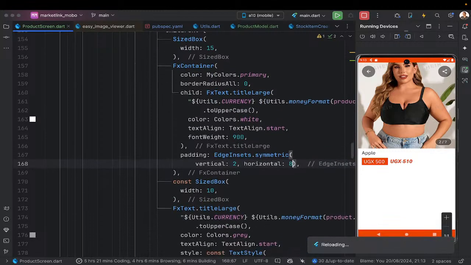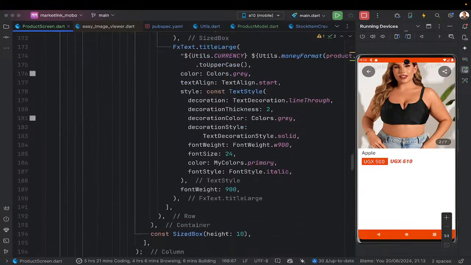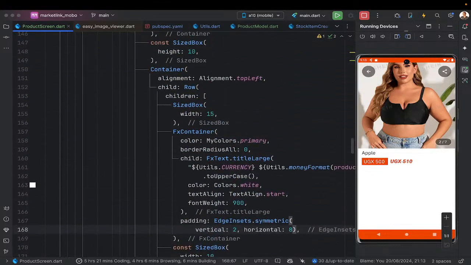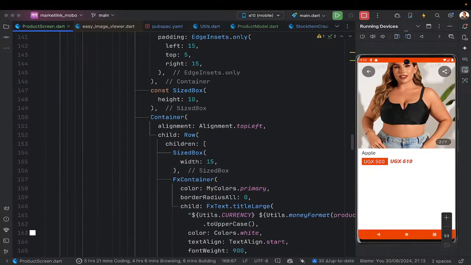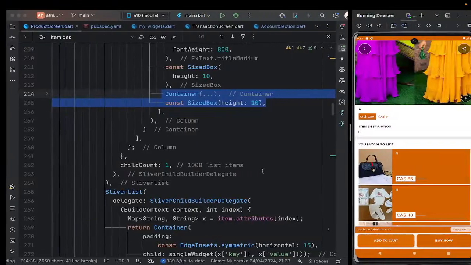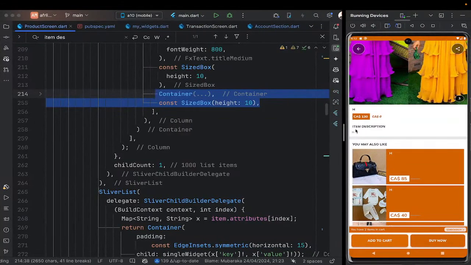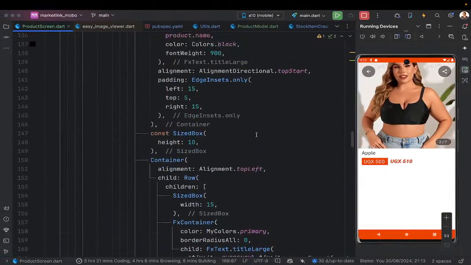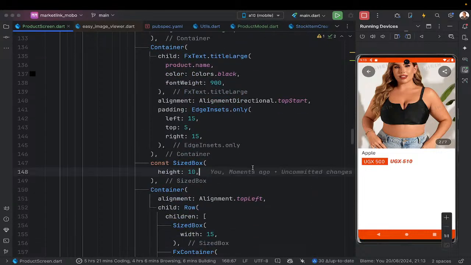So you can pause the video and watch this very carefully to see that you're on the same page with me. However, it is not so complicated if you've been following from the very first video. All right, so let's proceed. So the next thing, I'm going to give the item description or the item details. So for the item description, I'm just going to simply get this